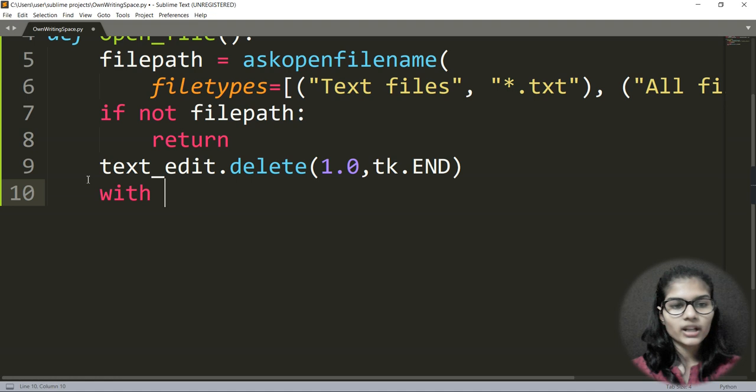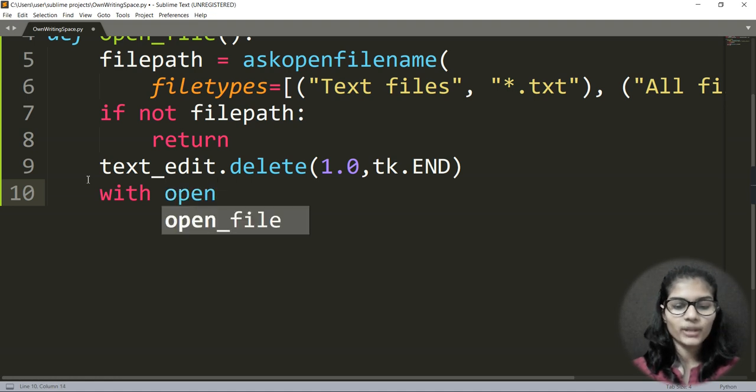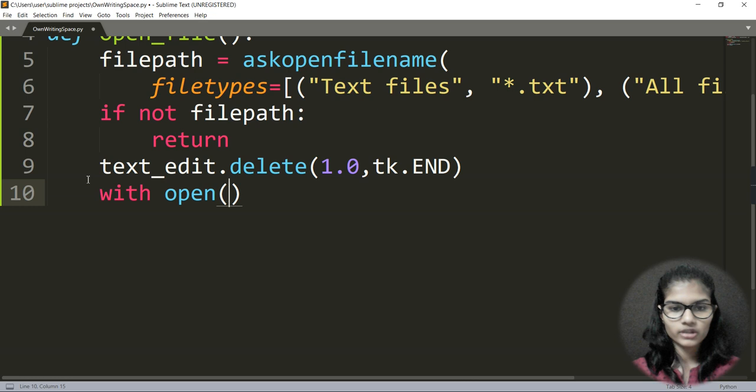So now what I'm trying to do is first open my file. If you want to edit a file, you need to open it, right? That's the true thing. So here I'm writing with open. Inside this open, I do not have a particular text file which I want to open. I want to open the file which the user wants to open, because we have not fixed any file name here. Whatever text files are on your device, you can open any of them using this project which we are making.